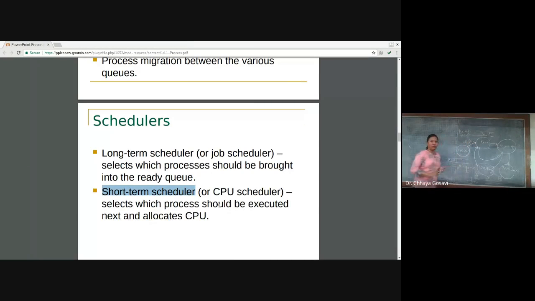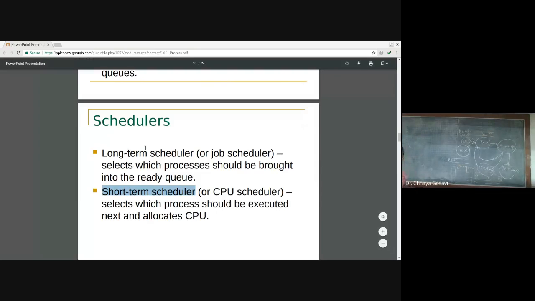The job of the long-term scheduler is to get a process from the new state or from the job queue to the ready queue. The long-term scheduler decides to transfer a process from the job queue to the ready queue. It selects which process should be brought into the ready queue.